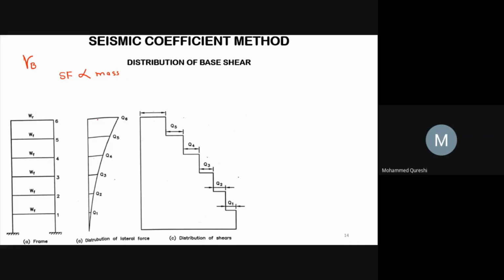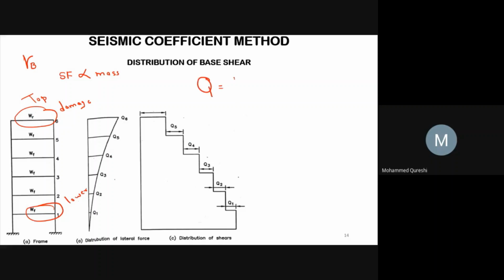The earthquake studies of the building indicate that the top portion of the building suffers more damage than the lower one. So, these top stories should be subjected to larger force. Hence, VB shall be distributed along the height of the building as per the equation